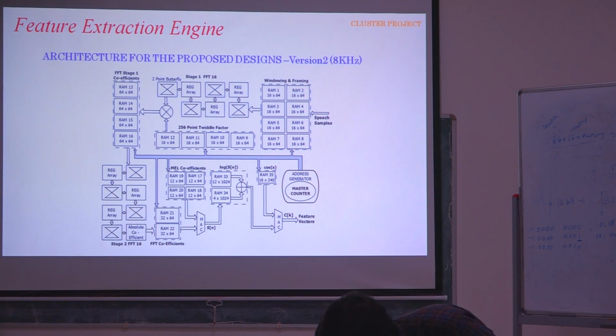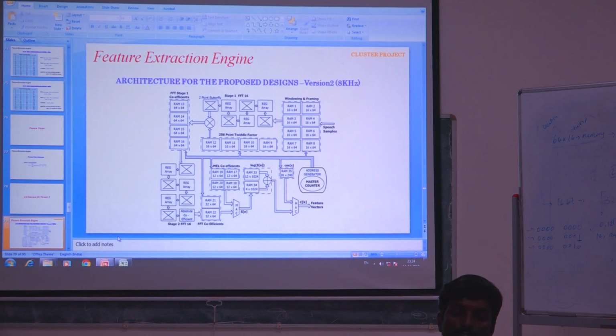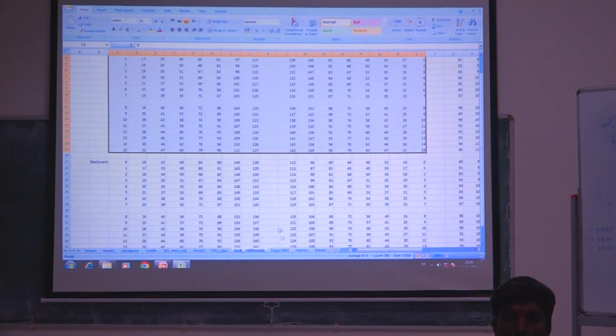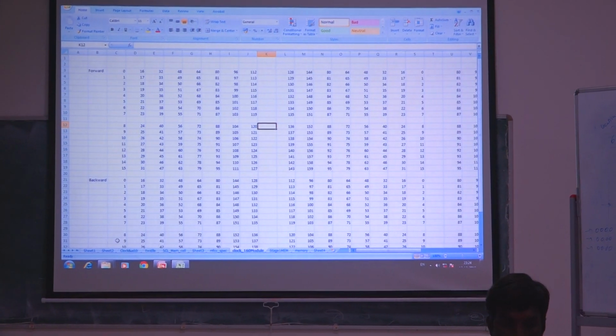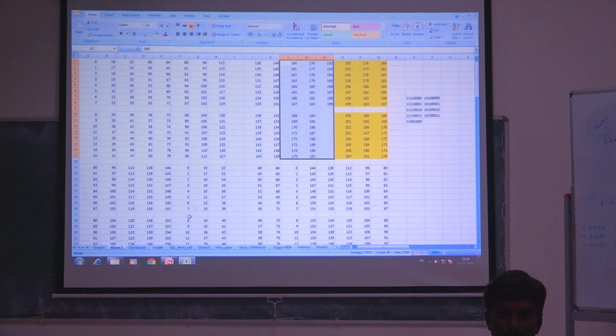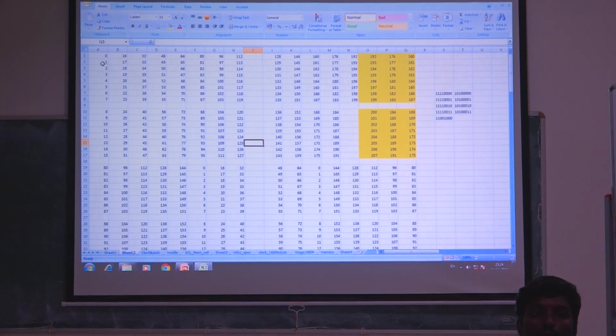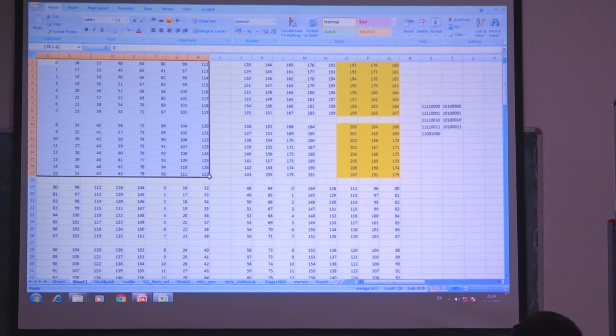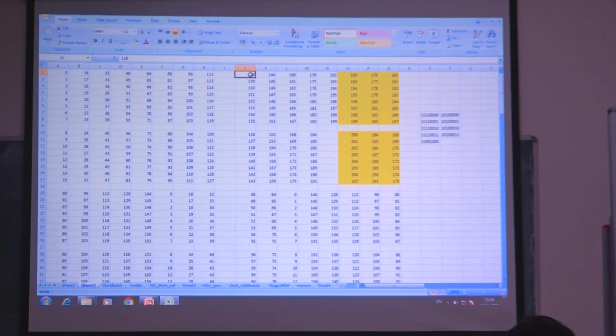Once we free up, the structure will go as the FFT coefficients 0 to 127 and 128 to 255.